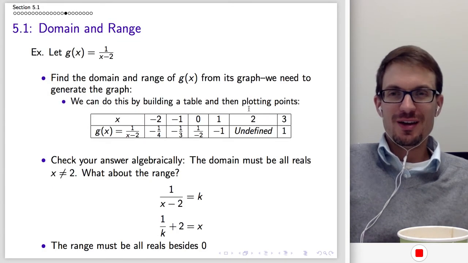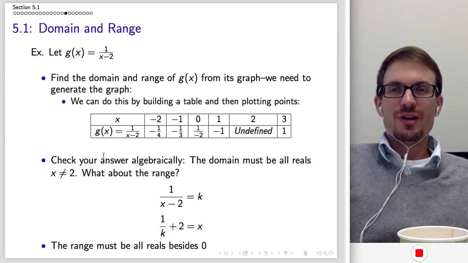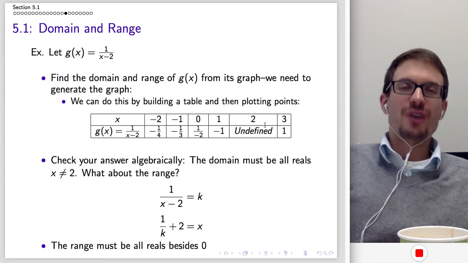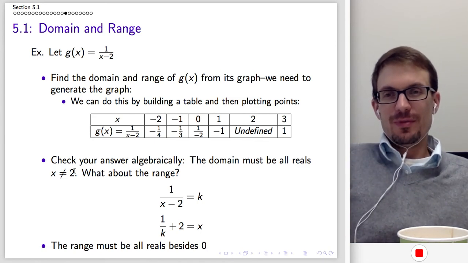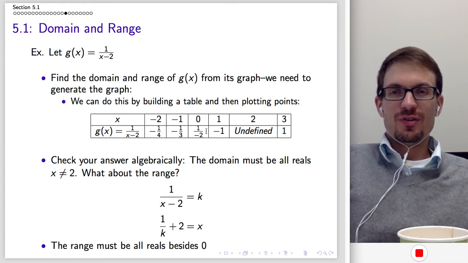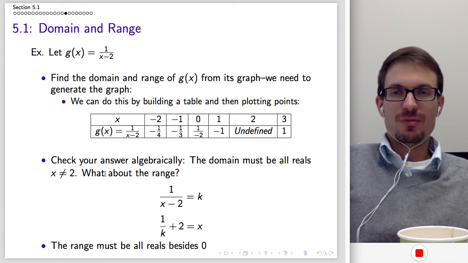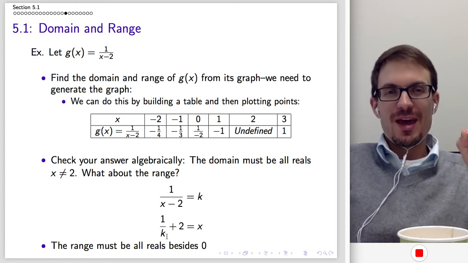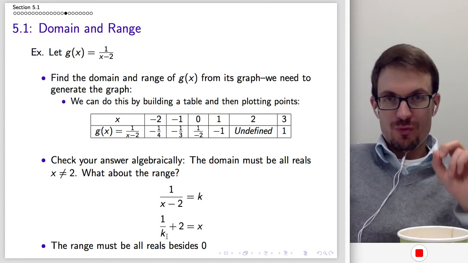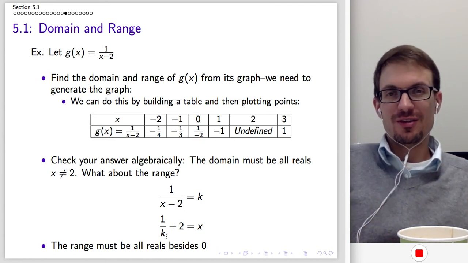So what's going on? Well, let's look at our algebraic thing first. First off, we have this undefined thing. We know that the function is going to be undefined at 2, so we're going to have an asymptote. Let's think about the range now. This is going to give us a problem with the domain. Let's see if there's a problem with the range. So 1 over x minus 2 is equal to k, solve for x. The range can be anything but 0. So look, we have 1 point in the domain, 2, and 1 point in the range, 0, that the function